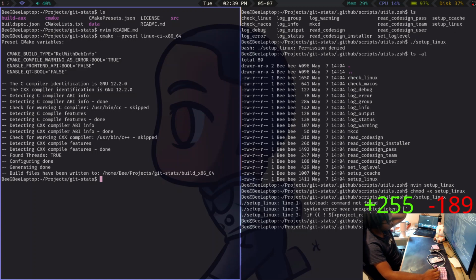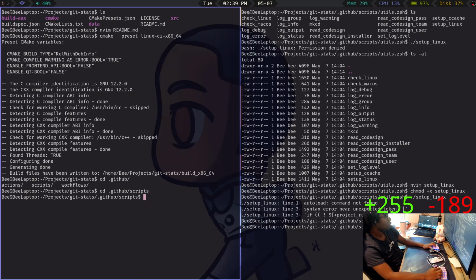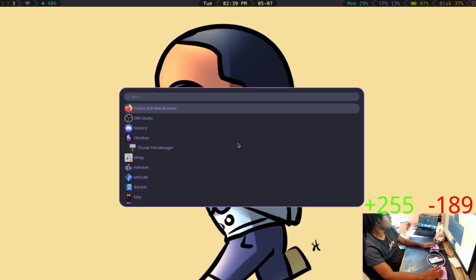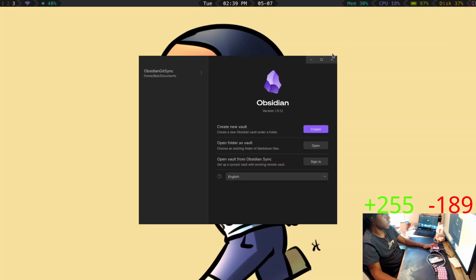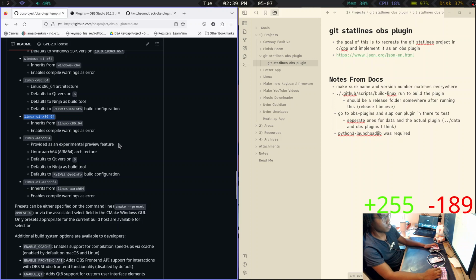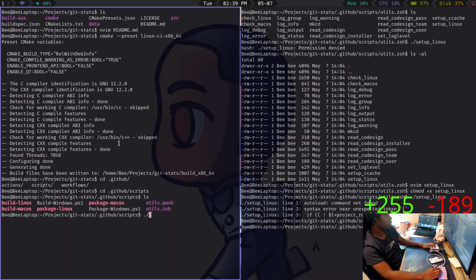Detecting. Oh, it's right here. Whoops. Yeah, it's in scripts. And does that fix it? Was it a CMake error?